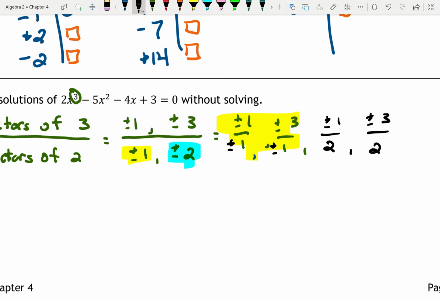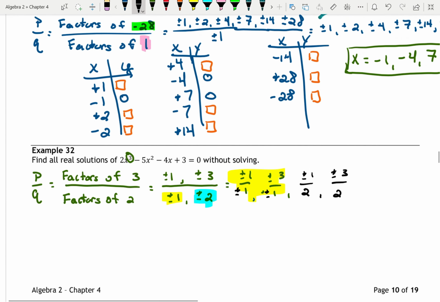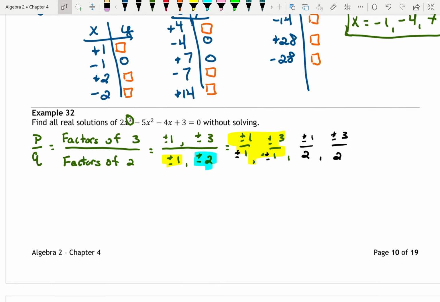Now, just like in the last problem, we have to plug in all, how many would this be? There would be 8 total different ones here. We need to plug all those in. So again, you can think about this as doing a big t-chart, right? A big XY t-chart where you've got all these different x values that you're just testing out to see if